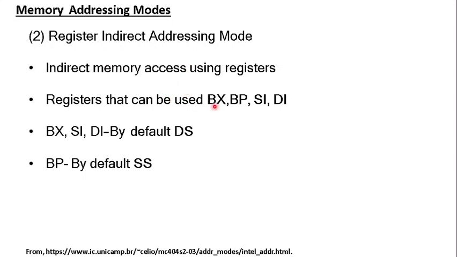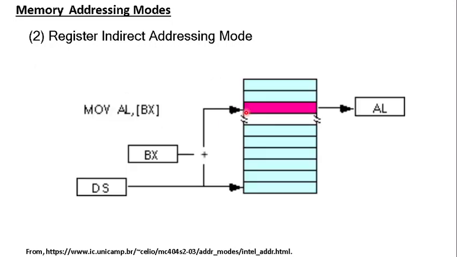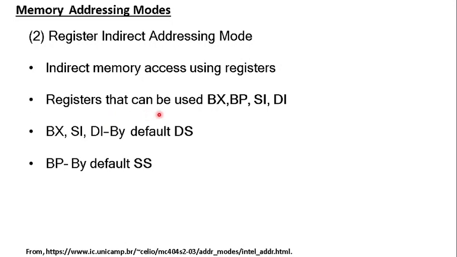In this case, the registers BX, BP, SI and DI will be holding those offset numbers, and they can be used as the source operands. The source offset addresses will be held in these registers, and they can be used as part of the instruction. That's what you are seeing here in this instruction. The offset number is not directly specified within the square brackets. It is held in a particular register like BX, BP, SI or DI, and then used as part of the instruction. These are the only registers which can be used in 8086 to hold those offsets, and they have some particular meanings also.